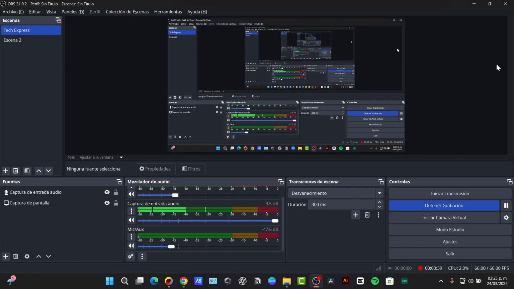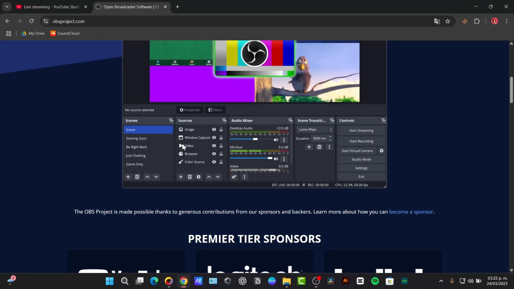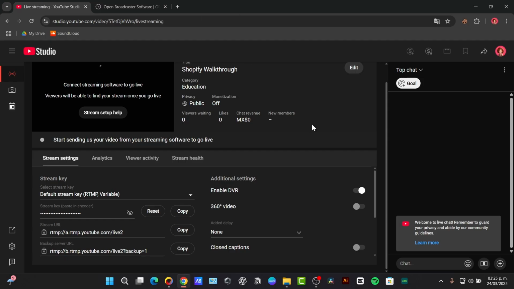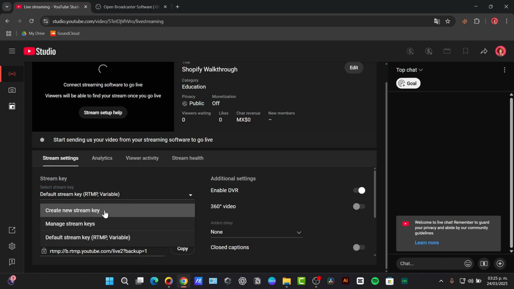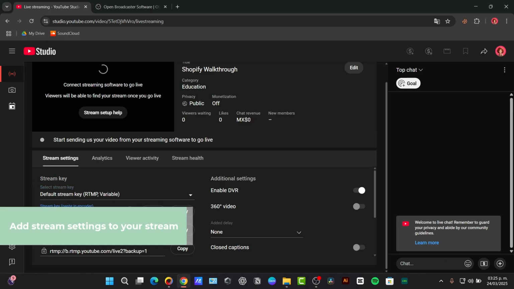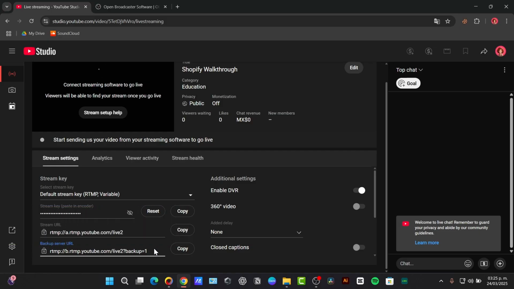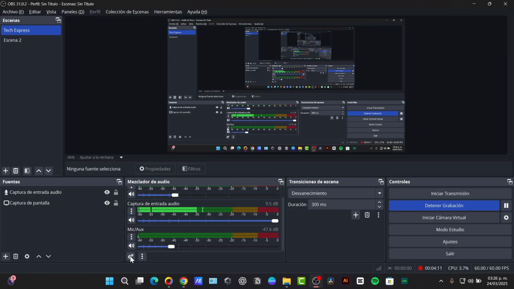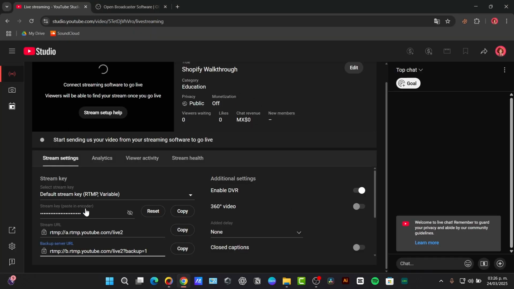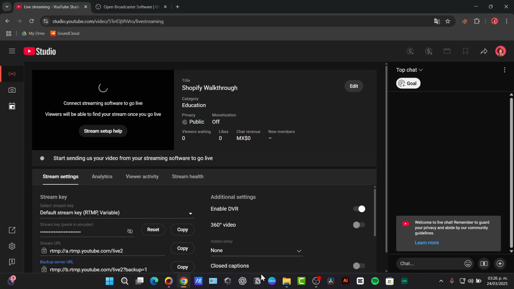Now to send this directly into YouTube, you have a section here. Let's go for this one, for example. I'm going to go back into my live streaming, and we have the stream key. The stream key is something we can locate here. We have the stream key code, the URL, and the backup server URL. This is the digital bridge of all the information that we currently have from OBS, in my case. And we're going to be sending all of this information directly into my YouTube studio. When I can see that everything looks correct, I can focus on the option that says go live and